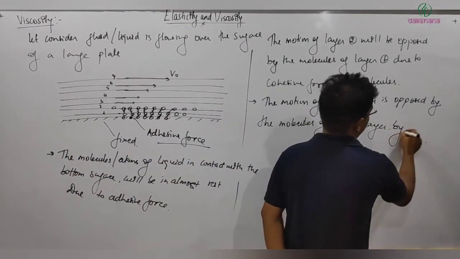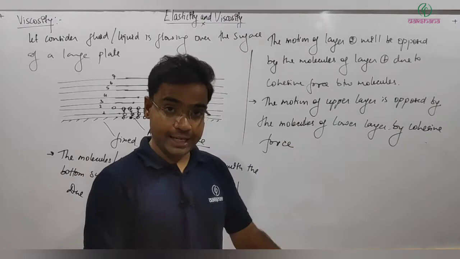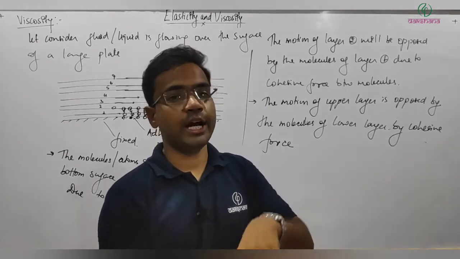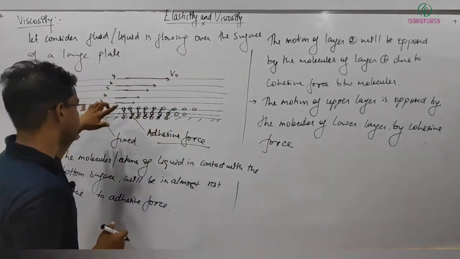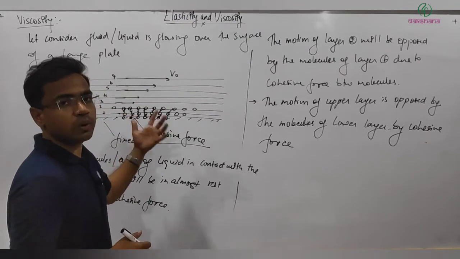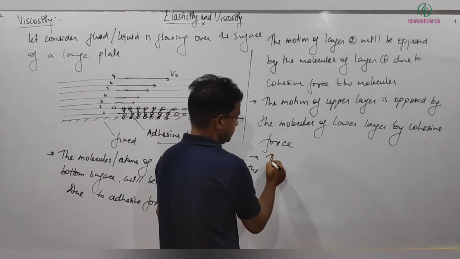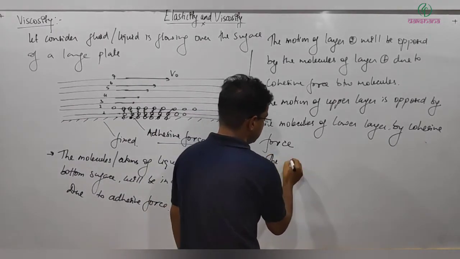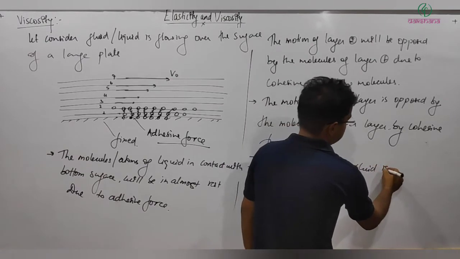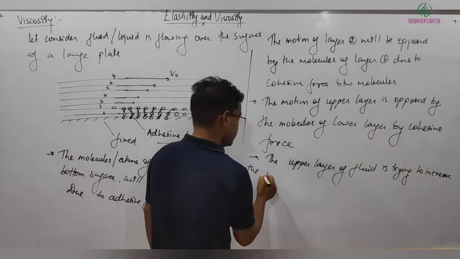You can write by cohesive force. So the way, whenever two solid bodies are in relative motion, one body opposes the motion of the other body. Here I can say also in another way, this upper body is trying to bring the lower body into motion, or trying to increase its velocity. So here you can write the upper layer of fluid is trying to increase the velocity